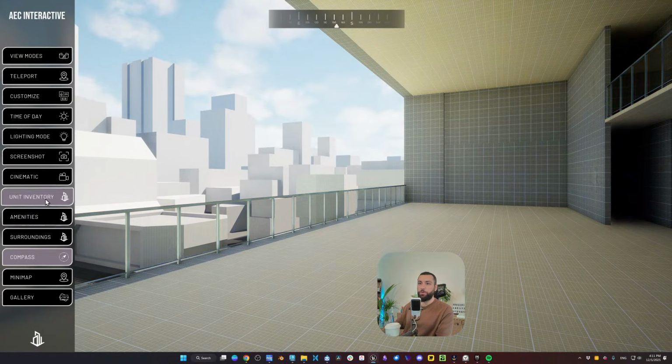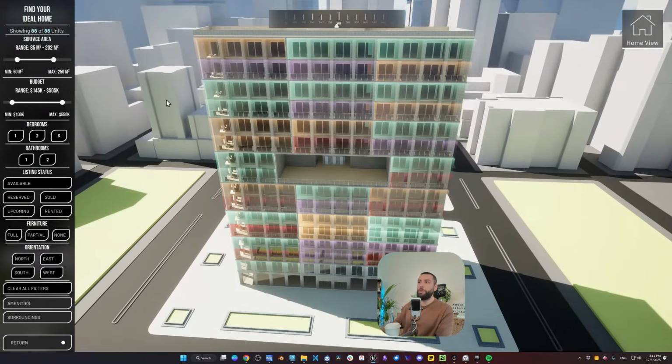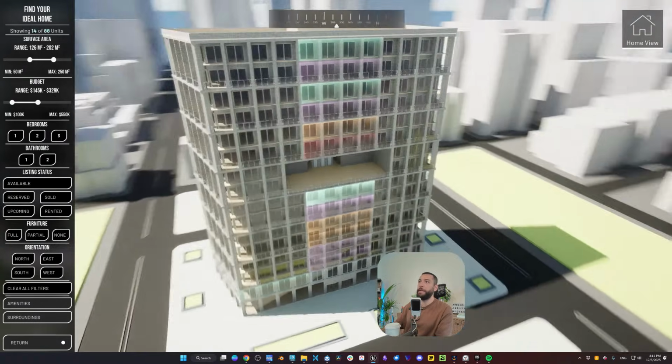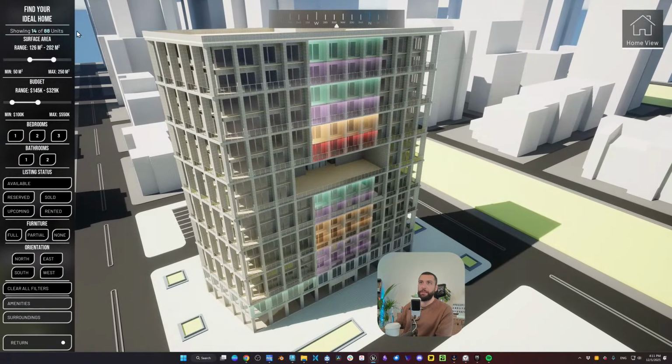And let's go back to the inventory. So we have double sliders to set the surface area and the budget of the project. And as you move the sliders, it will basically update what we see. And here, for example, we have 14 units of 88.